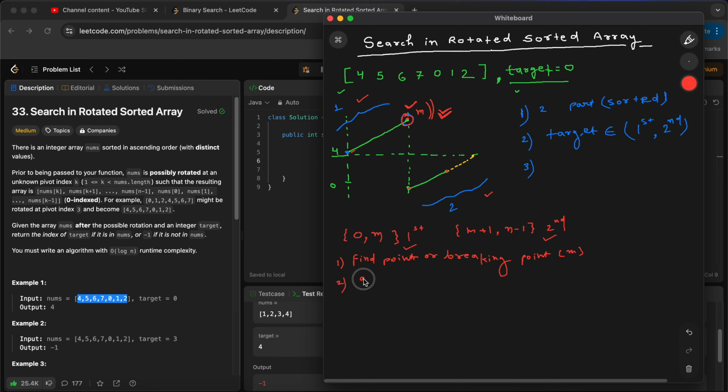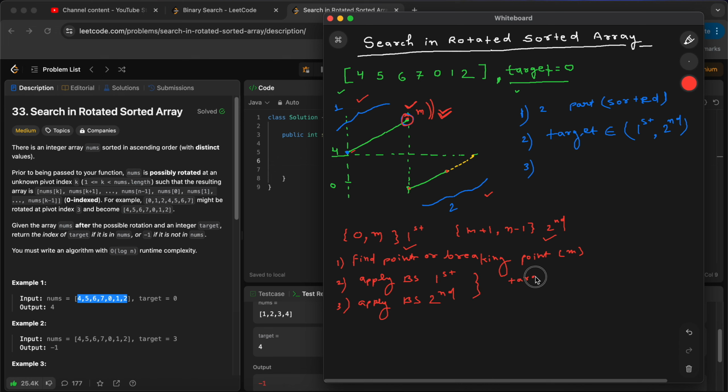Second, apply binary search in part 1, the first part, then apply binary search on the second part. And in this way we can find our target element, and we will pass the target